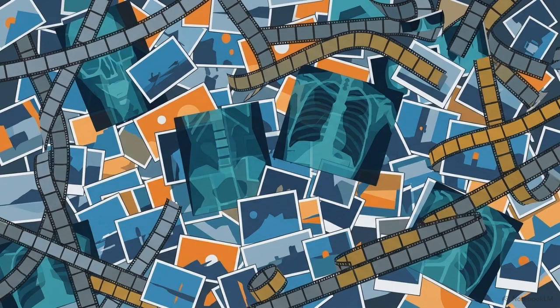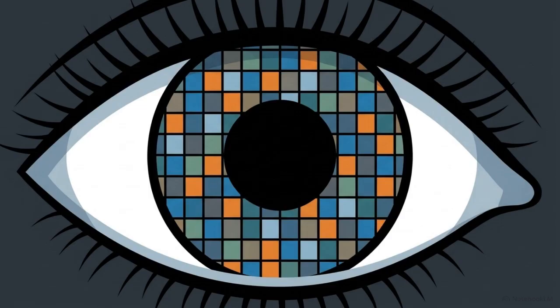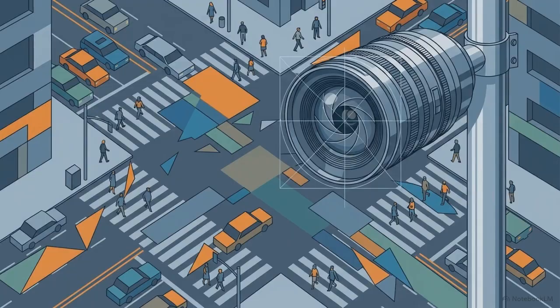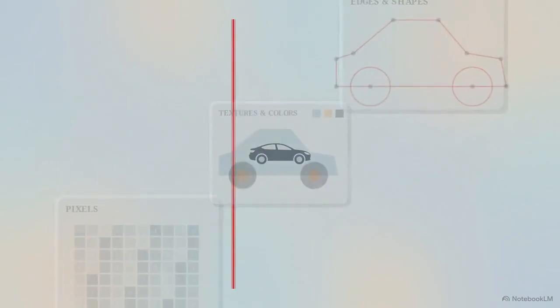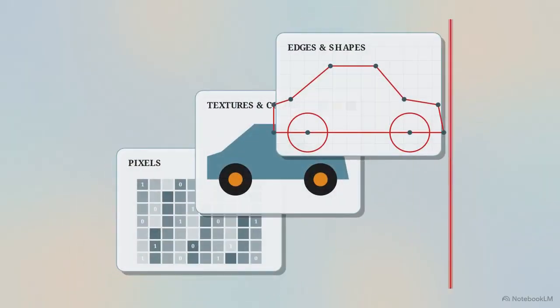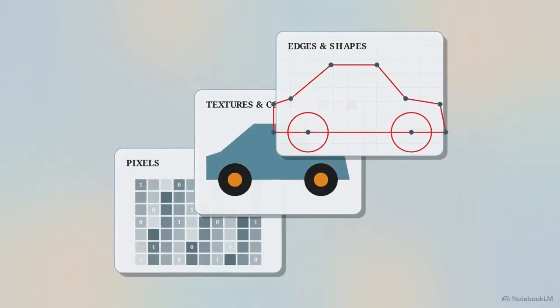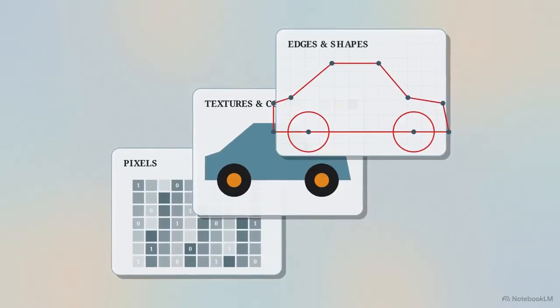A vast amount of the world's information isn't stored in a spreadsheet. It exists as unstructured visual data, made up of raw pixels and video frames. To interpret this visual world, machines use a second AI domain, known as computer vision. Computer vision works by breaking an image down to its most basic components. The model scans the pixels to extract critical features, searching for specific shapes, textures, colors, and edges.